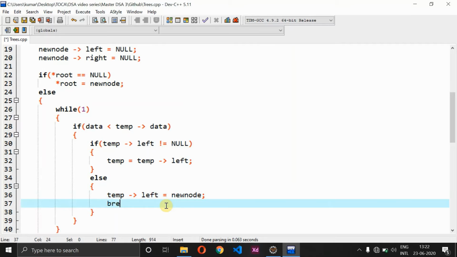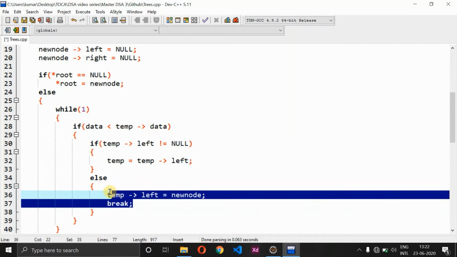So why do we do this particular process? Because if I find that the data is less than my root node, then I will check the temp of left, right? If temp of left is not equal to null, then I have to modify temp of left, else I have to go with temp of left equal to that new node itself, right? See here, the condition is if data is less than temp of data. Assume that this is going to be a root node and the data is less than your root node. Now if I find that root node of left is equal to null, it means that root node of left should be modified as that new node. That is what we are doing here, and I have to give a break.